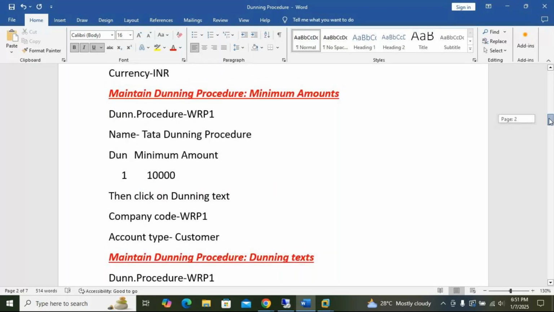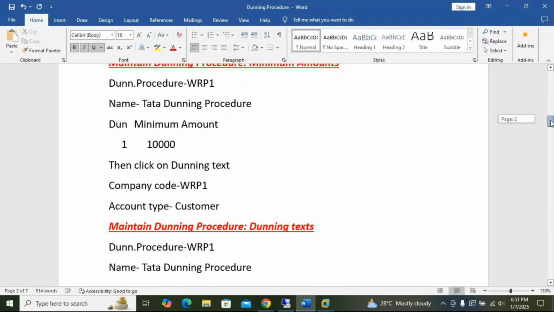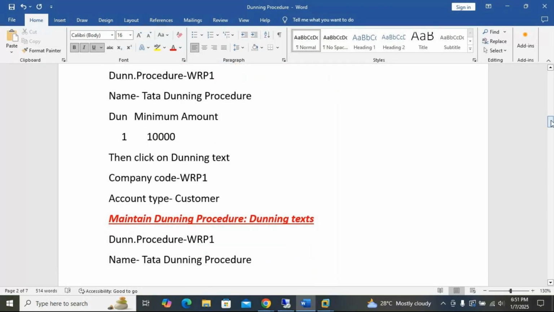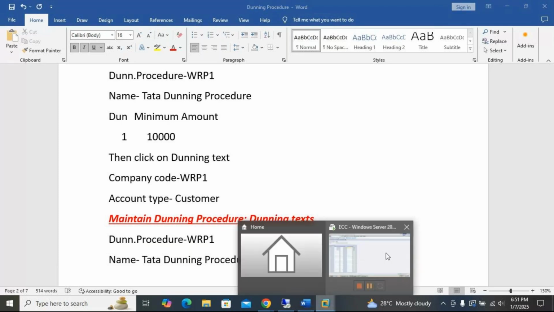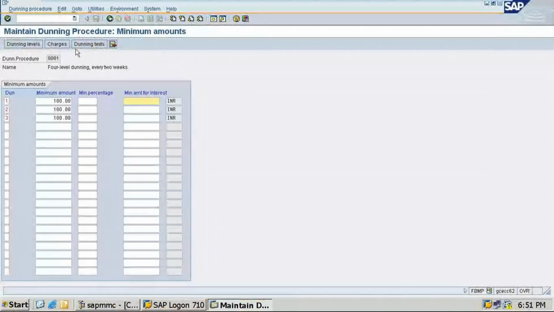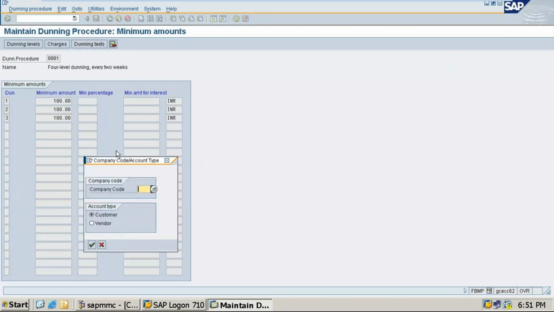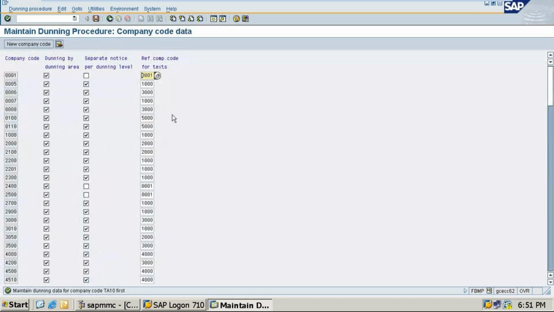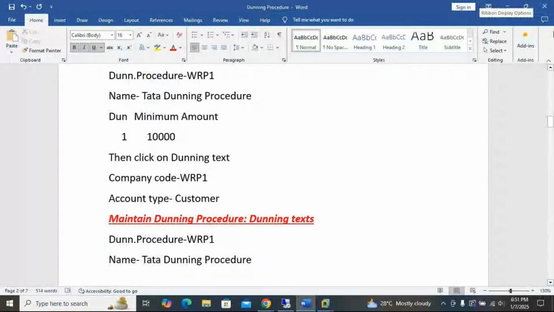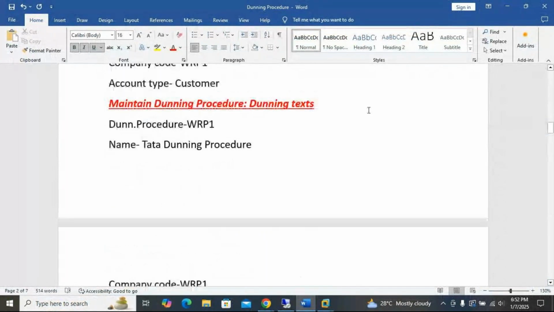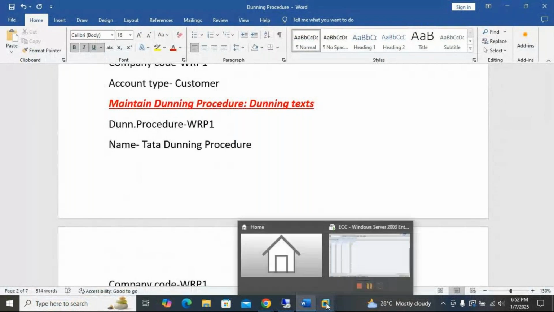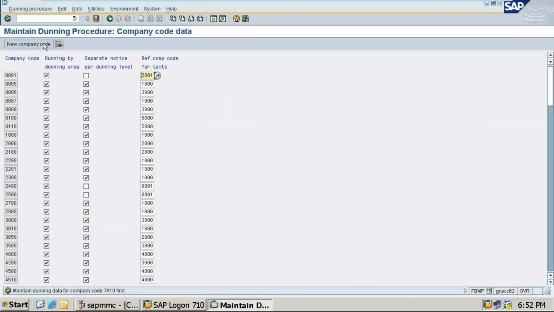Dunning procedure name WRPN, minimum amount 10,000, and click on dunning text and company code. WRPN, account type is customer. Click on dunning text. Company code is TA10. So customer, click on this. Then after that you need to fill the data.